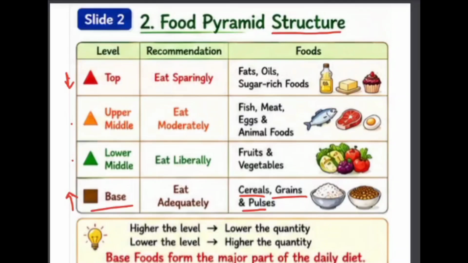Now let us discuss the lower middle level of the food pyramid. This section mainly consists of fruits and vegetables. These foods are packed with vitamins, minerals, fiber, and antioxidants that help to protect our body from diseases and keep us healthy. For example, oranges provide vitamin C, which supports immunity, while carrots provide vitamin A, which helps to maintain